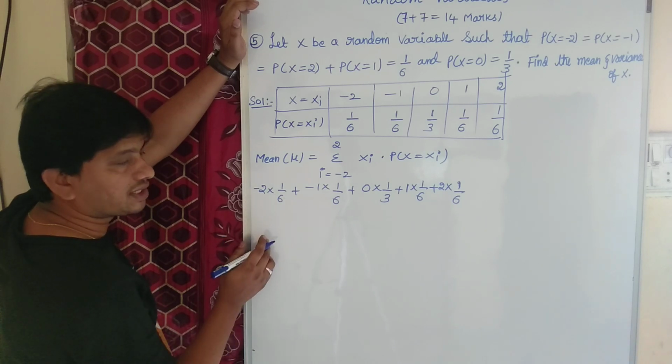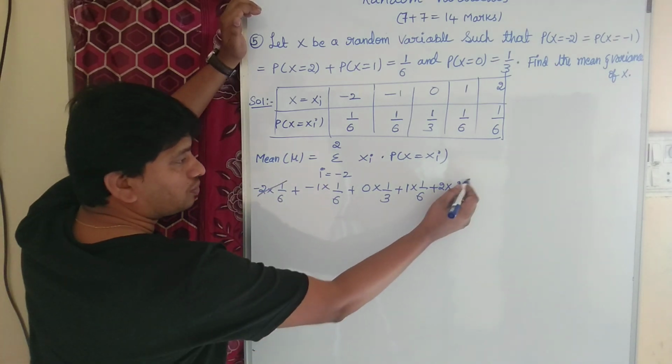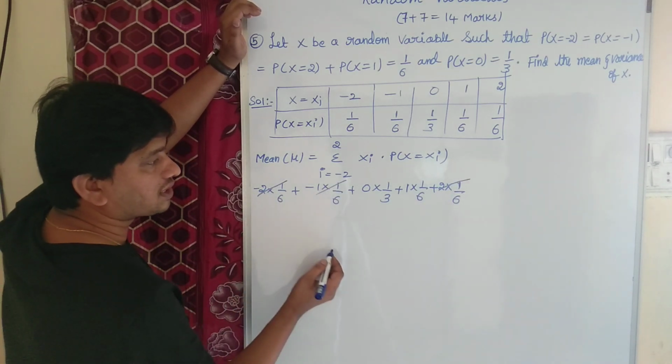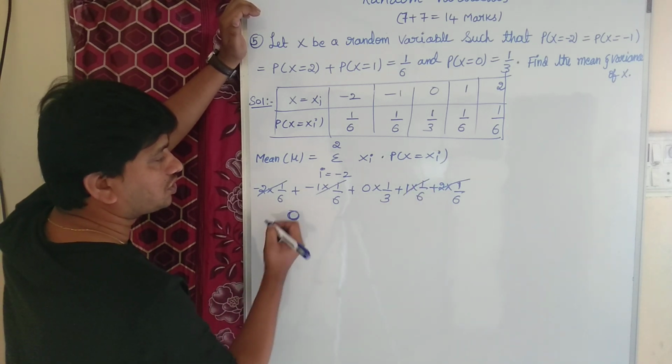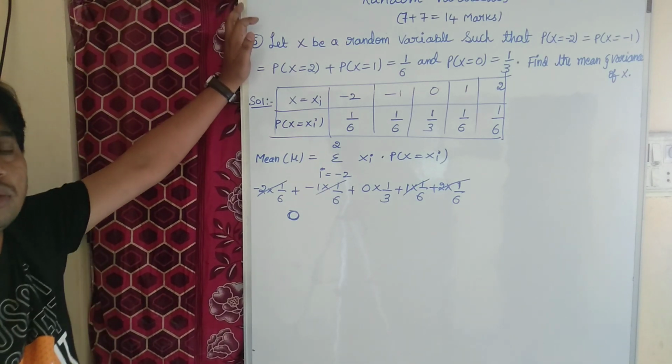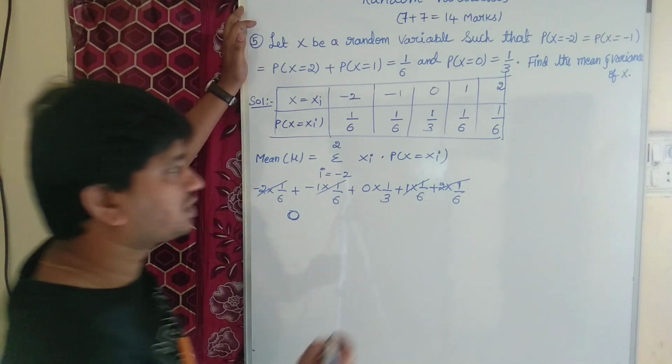So this is minus 2 by 6 and this is plus 2 by 6, they cancel. Minus 1 by 6 plus 1 by 6, cancel. 0 into something is 0 only. So what is the mean, children? Mean is 0. Now coming to the second question,